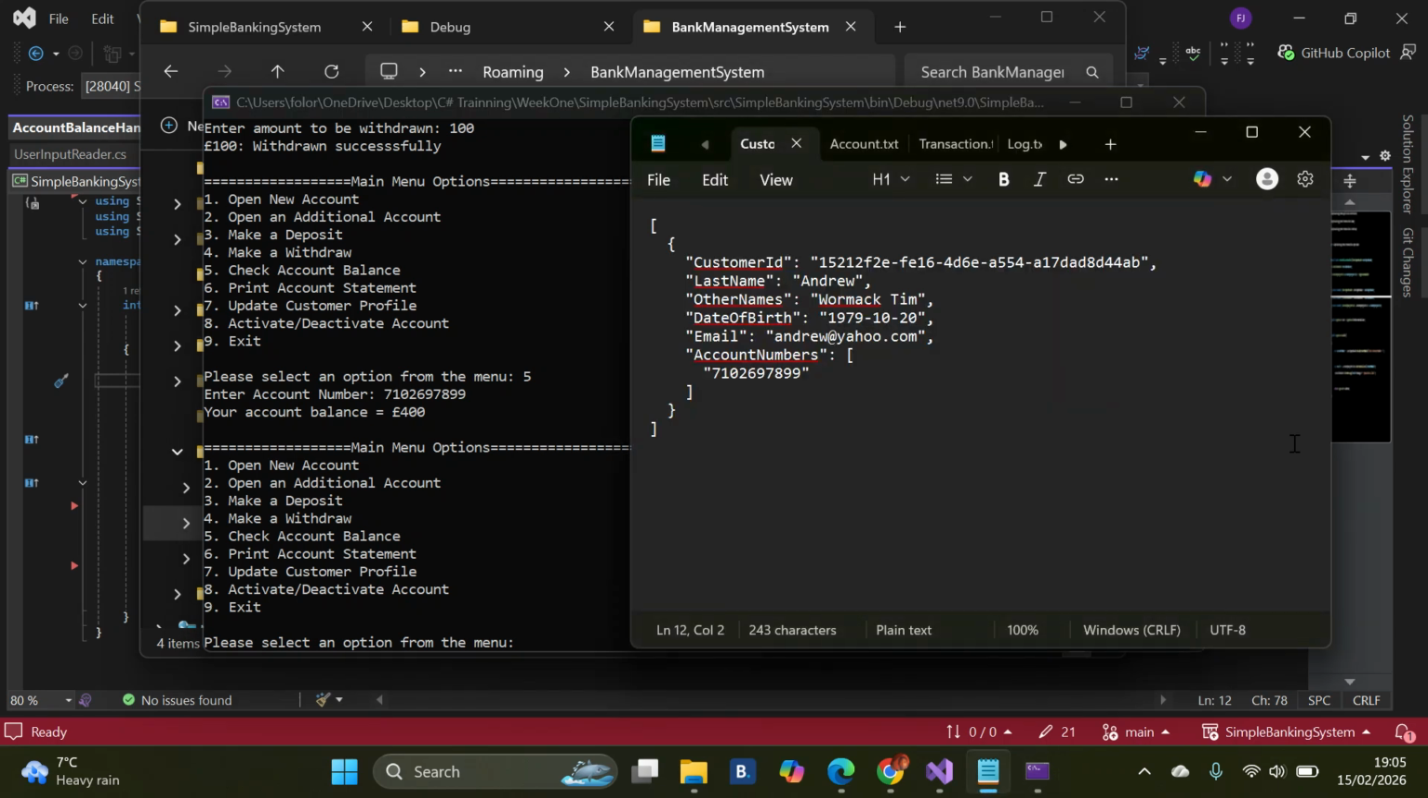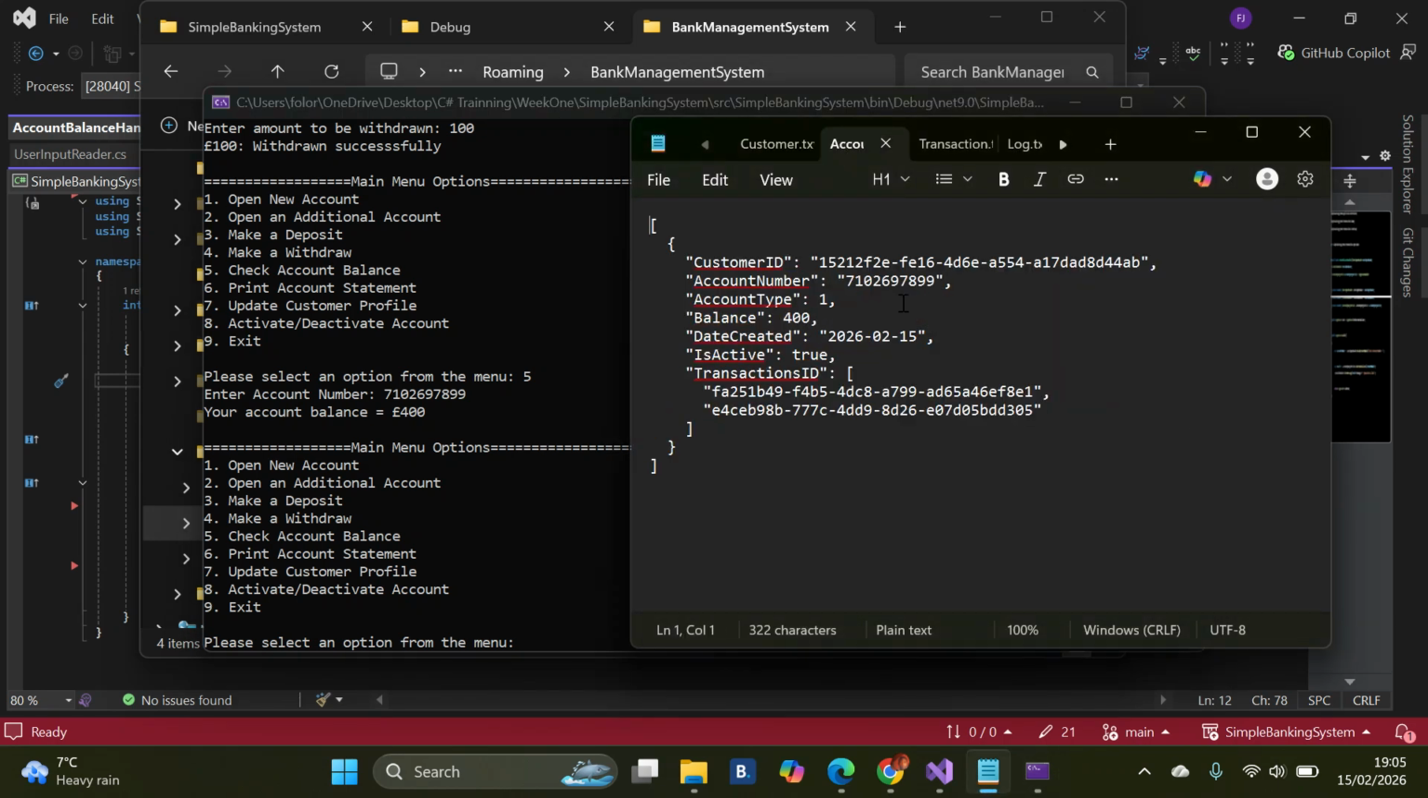And if we go check the file, we'll see that we have an account that has been generated. This is the account number. The account type is savings. The balance is 400. This is the date created. The account is active. And these are the two transactions, with transaction IDs, to show that two transactions have been performed